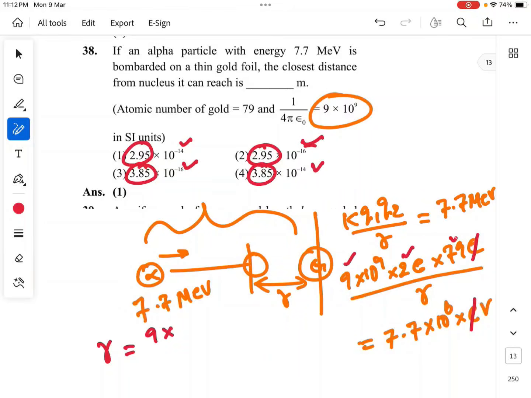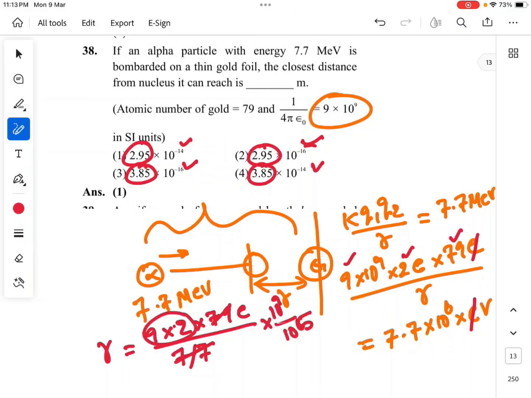9 into 2 into 79, 2 into 79 E divided by 7.7. And the remaining things: 10 power 9 is there, divided by 10 power 6. Yeah, it's done, right? Now 7.7 is there, so take this point away, and this I will write as 5. And then 77 and 79 I will cancel off and write it as 1. And